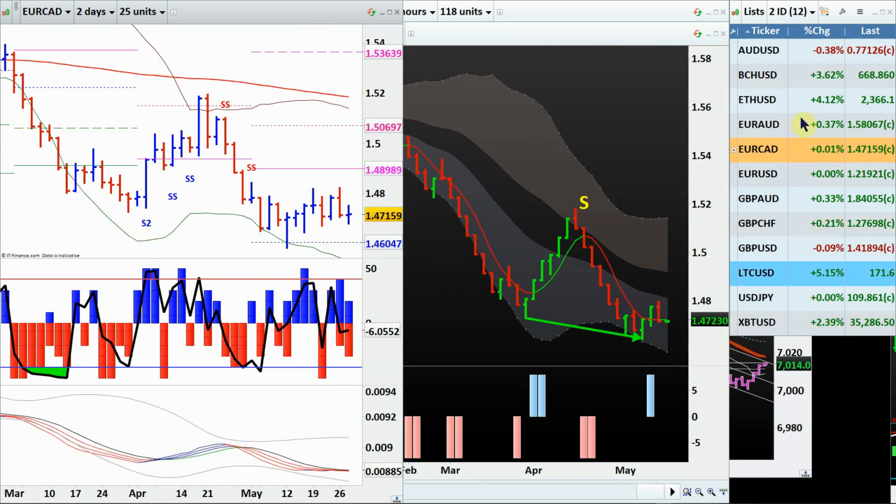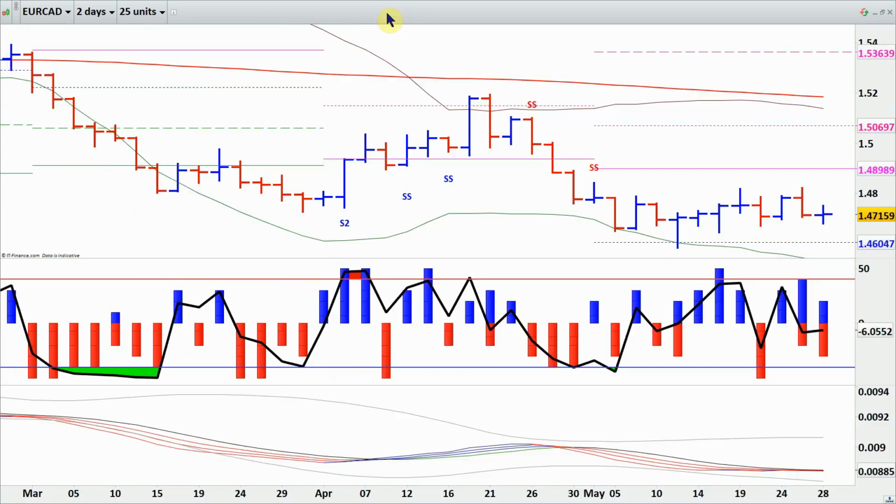Next question. The question is regarding the supply and demand lines. So supply and demand lines, they are quarterly and yearly. Is that correct? They can be quarterly, yearly lines. There can be yearly pivot points.